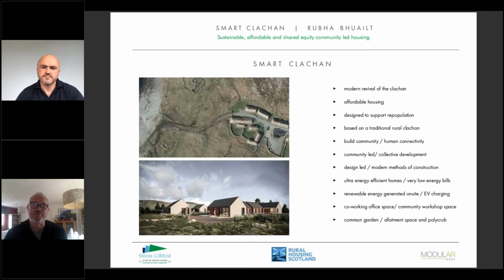So anyway, that's just really some more information about Smart Clachan and about where the concept came from. It's based on a traditional model for how people live and work in a rural community. We've had a few exhibitions in Uist, and we've had a lot of interest from people looking for affordable housing in Uist,